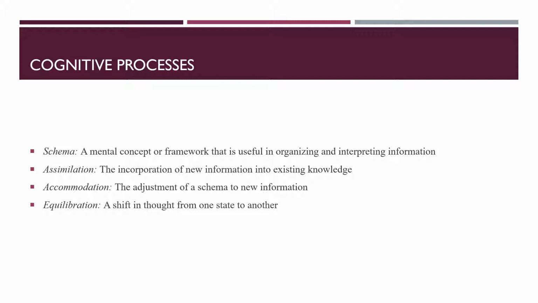Piaget also talks about two processes that advance cognitive development: assimilation and accommodation. With assimilation, we are using the same scheme to interpret the world around us. With accommodation, we have to change our scheme to incorporate new information from the world around us. So, for example, if you have a child who goes to the zoo for the first time and the child